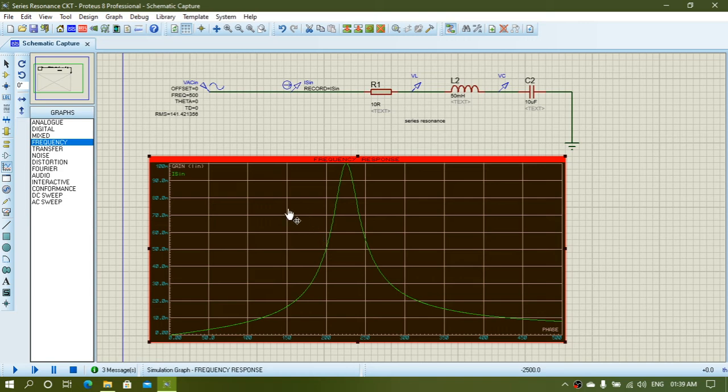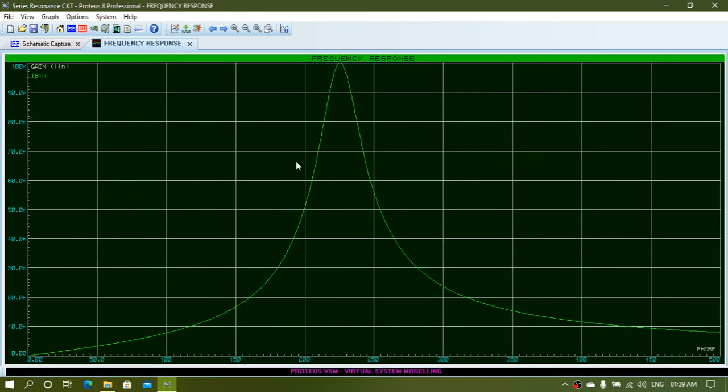Now after simulation you will get your curve, and from here this red line, if you click on that, your graph will be displayed in full screen. So now you will have to click anywhere on this graph to include a tracer, or you can say cursor.